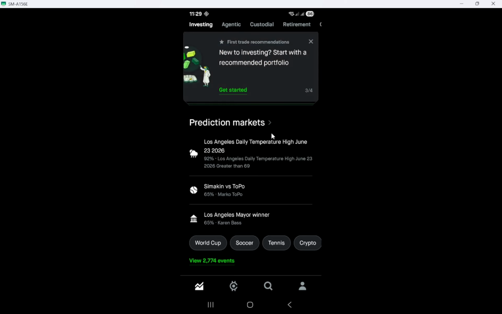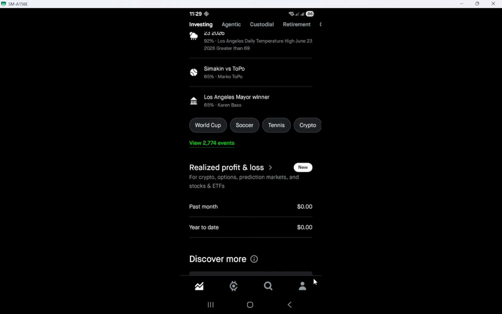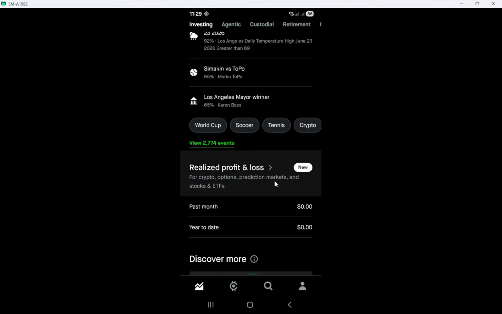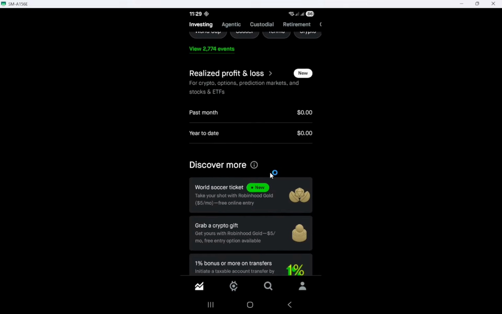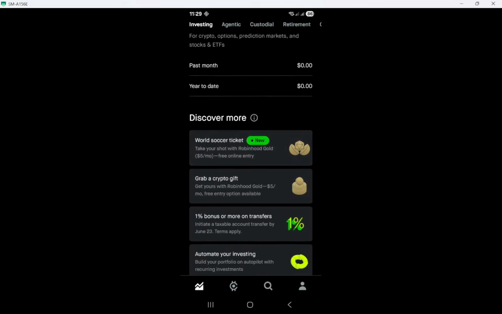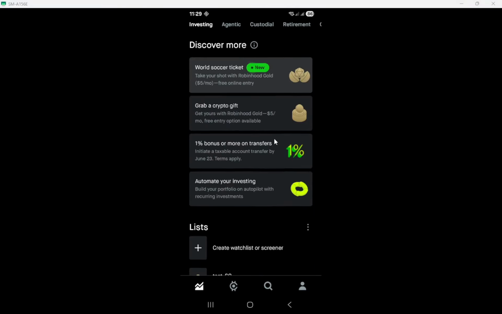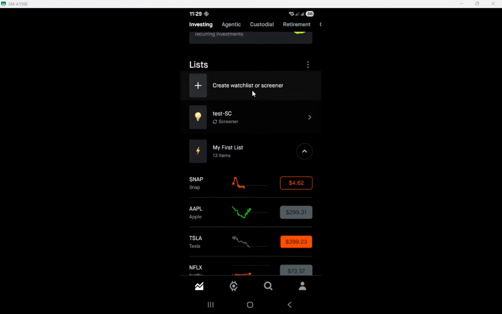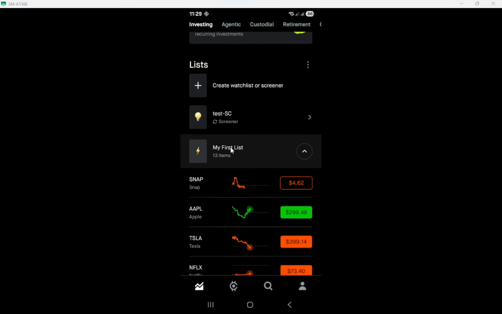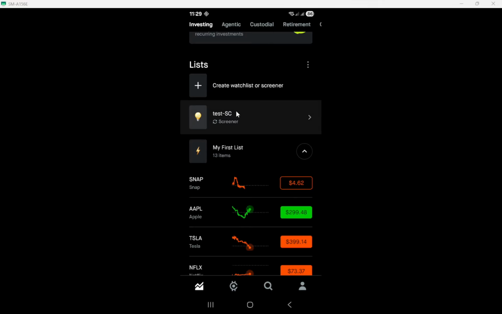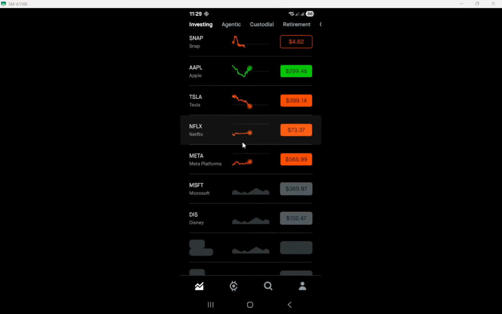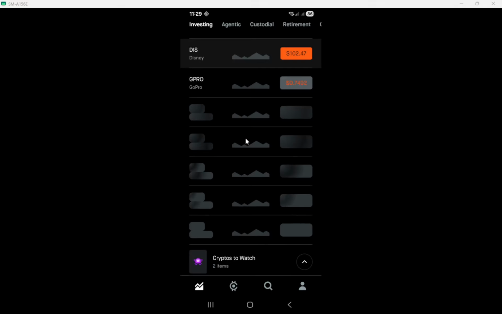After logging in, take a moment to explore the home screen. Here you'll see your portfolio value, daily gain or loss, and watch lists. You'll also find market news to keep you updated. The search bar is your gateway to exploring stocks and ETFs. Understanding your home screen layout is important because it provides a snapshot of your financial standing and market activity at a glance. Ready to search for an investment?